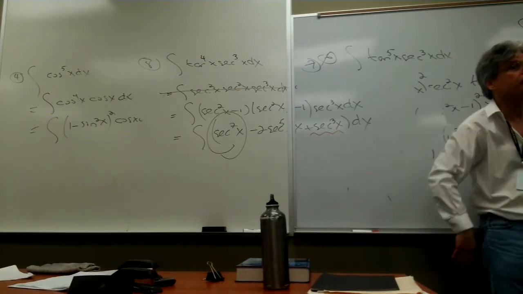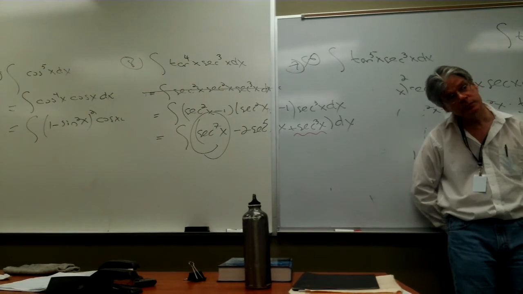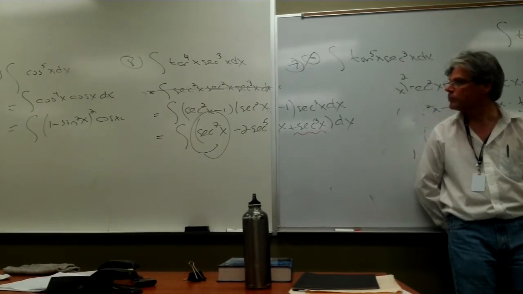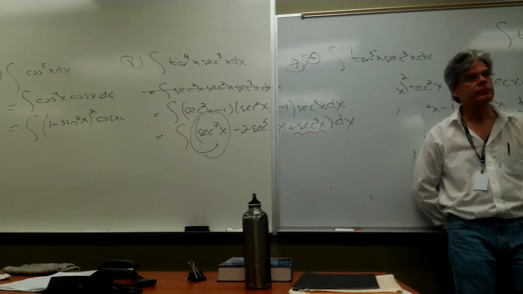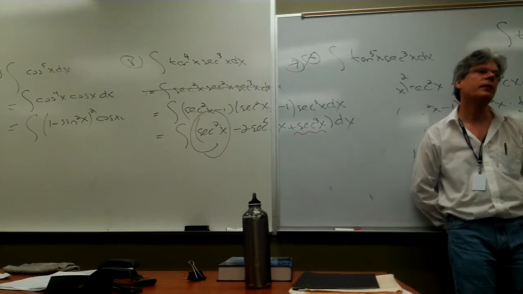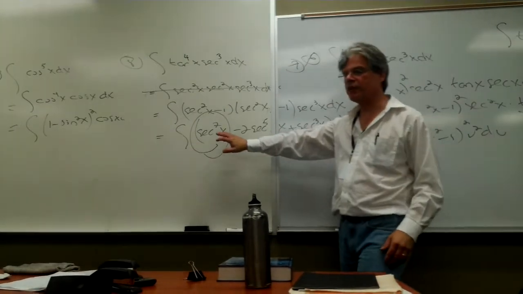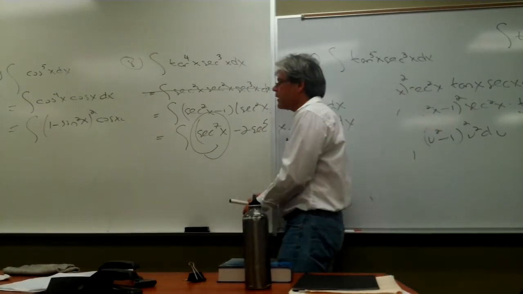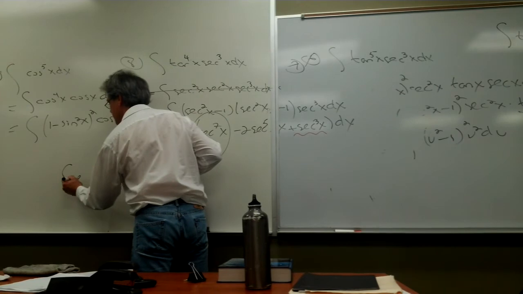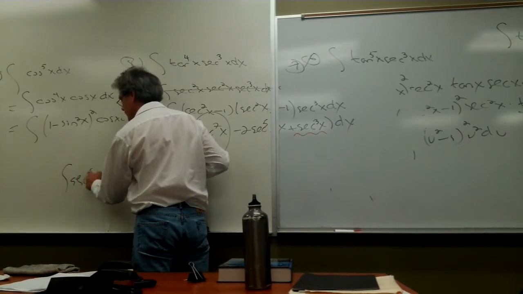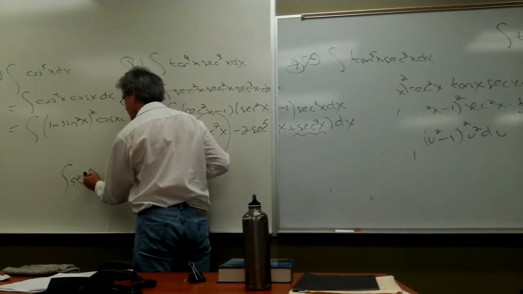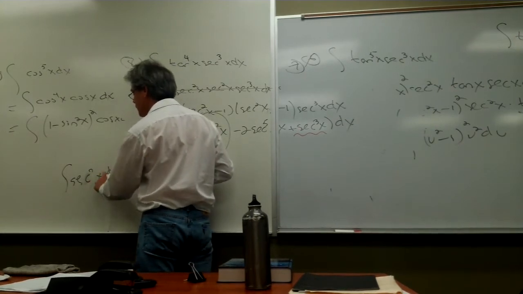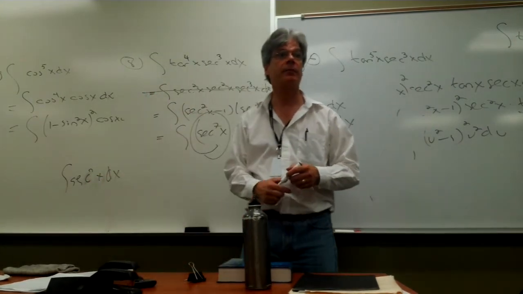Sir, I'm sorry, I talked right over you. So what would that be evaluated? Your explanation completely went over my head. At this point, I would use that one reduction identity you and I had in the back cover of the book, if I've got the integral of secant to the n of x dx. Here's an example where I probably would just use a reduction formula in the back of the text.